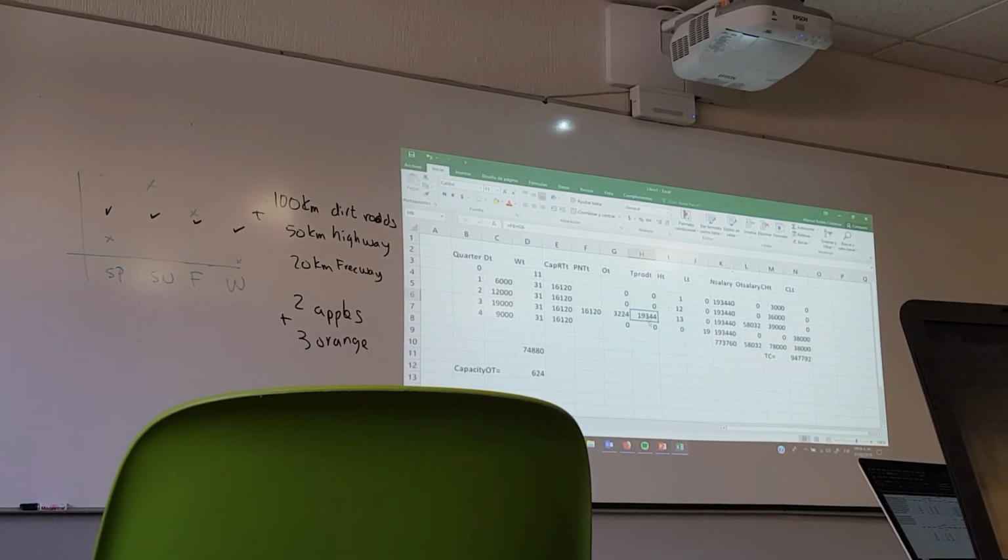And actually, we don't have to work this many overtime hours. How many hours do we need? 344. You see, because the demand is only 19,000, so